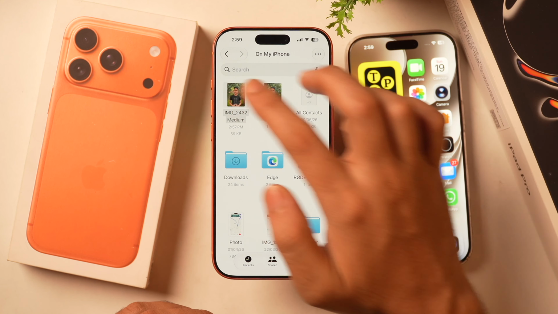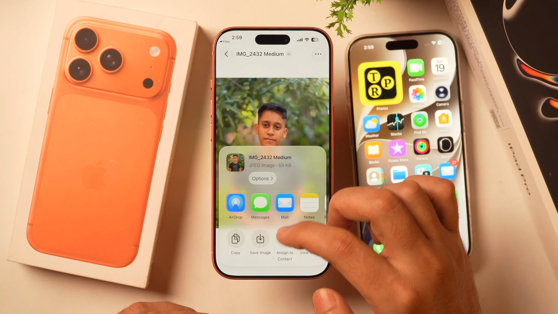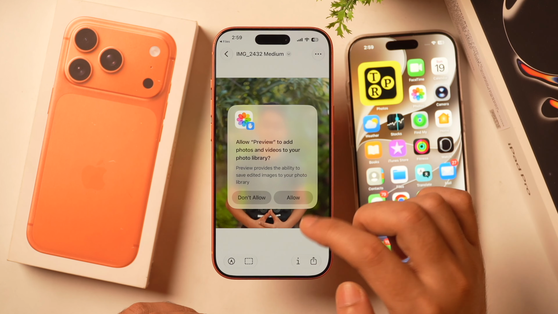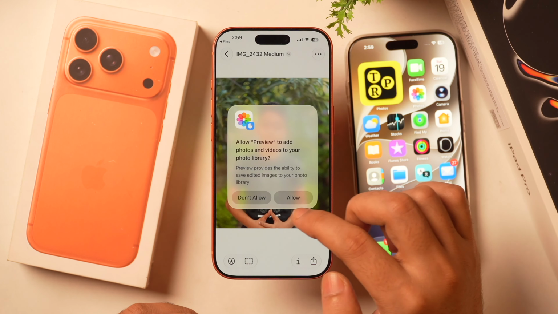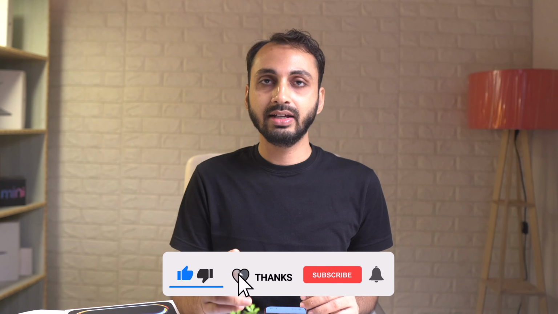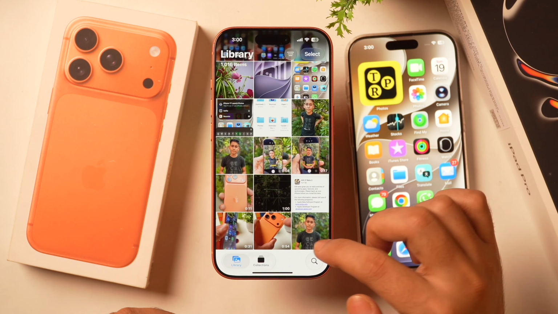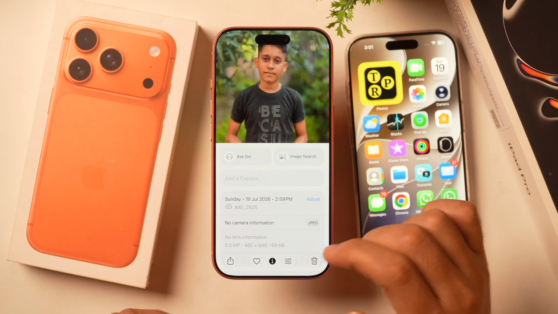And now I can simply open this, and after that tap on share icon, and then from these options I can select save image, and this will be saved to the iPhone camera roll if I just tap on allow here to use photo library of my iPhone. And now everything is done, and if I just minimize this and open the Photos app, here you will see that the new photo has been added here, and if I tap on eye icon, you can see this is